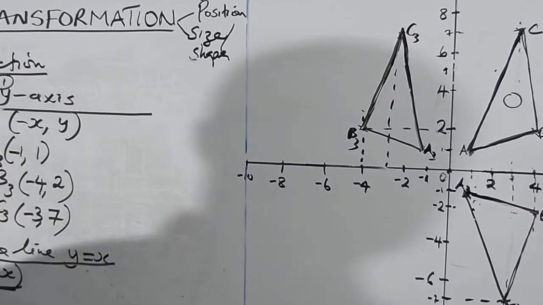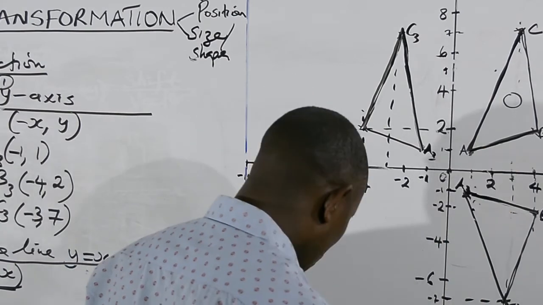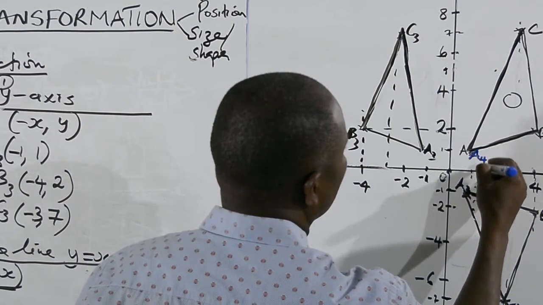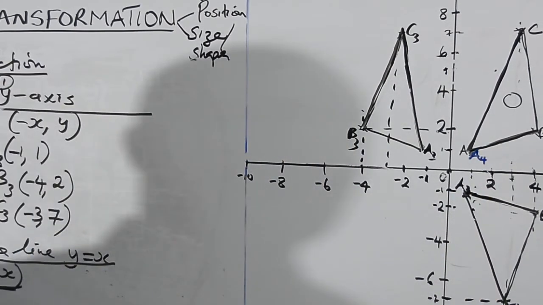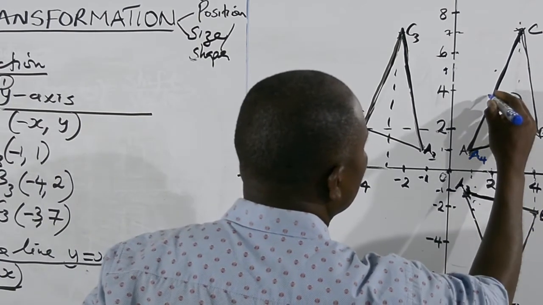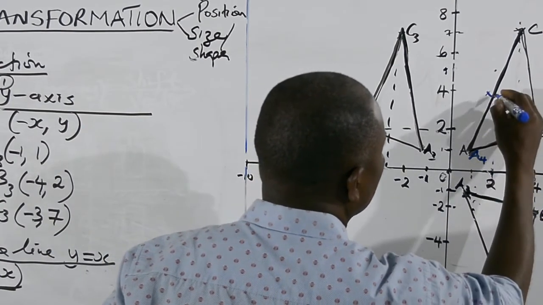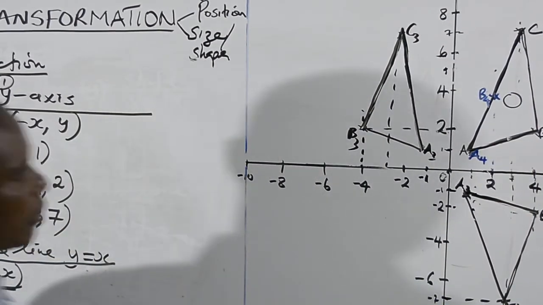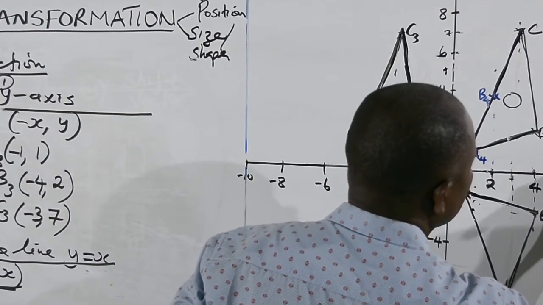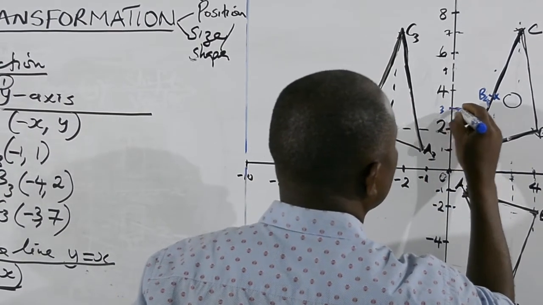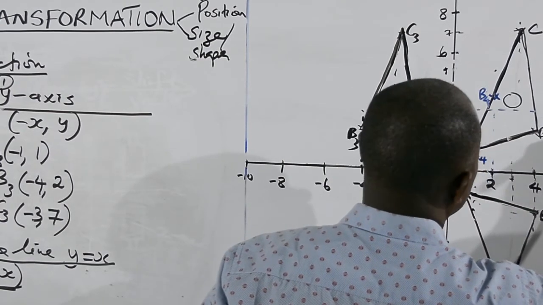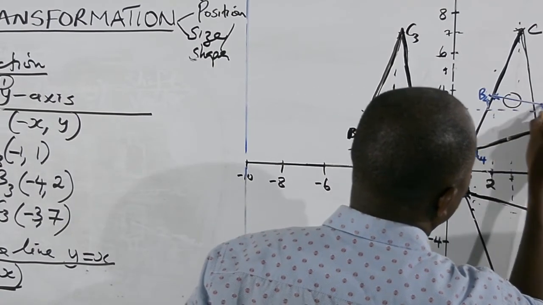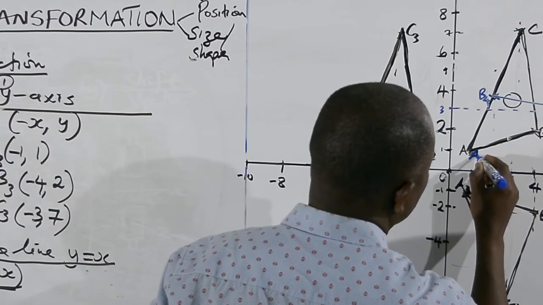It is 1, 1. So it's going to be here, this part. So let me use another marker, another color. Let's say blue in this case. This is A4. A4 is 1, 1, the same position, and to 4 you have 2, 4. This is 2, 4. Here is B. This is 2 and 4. This is B4, and you have 7, 3. This is 7, and this is 3. So 7, 3. That is C4. So I can now use the ruler to get that here, and this guy goes there.